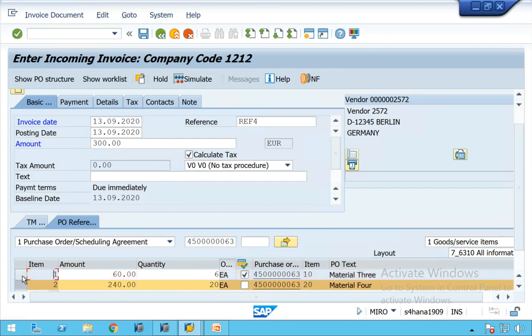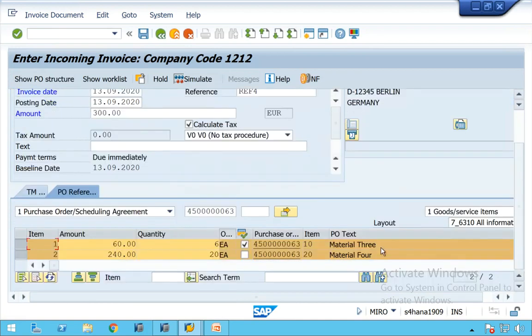Whether you select or deselect the line item. When you deselect and want to delete the line item, there is no delete button. Just deselect and refresh. Then it will remove all deselected line items from the invoice being posted. You have such an option.